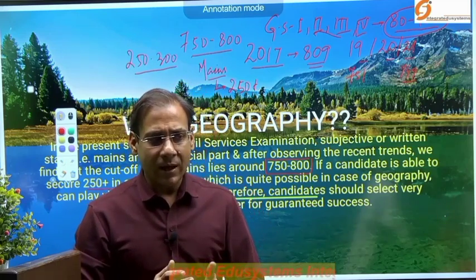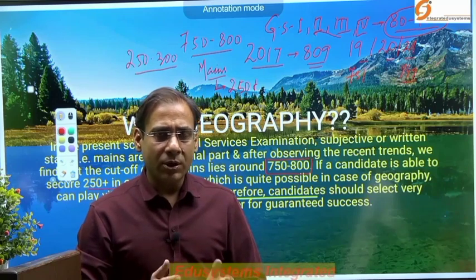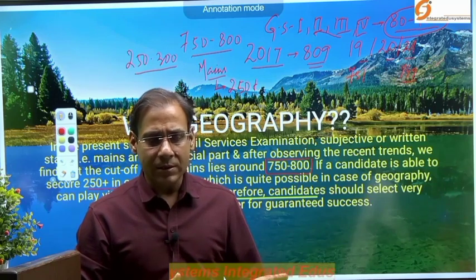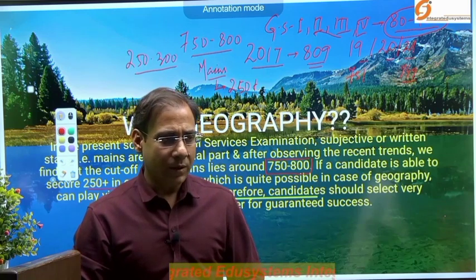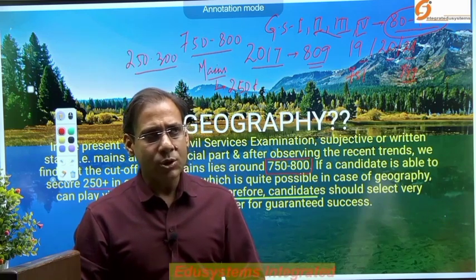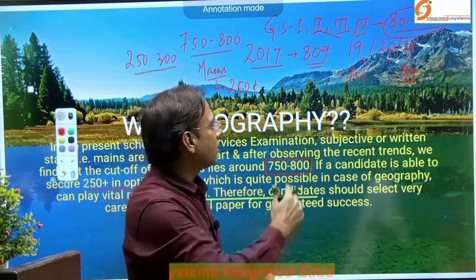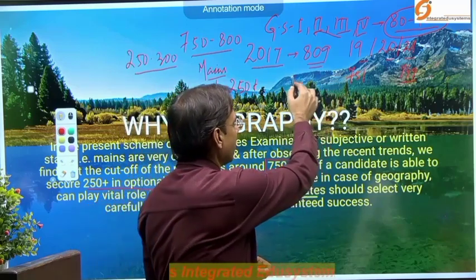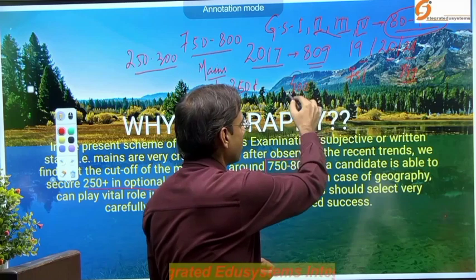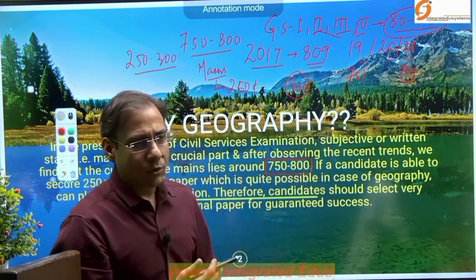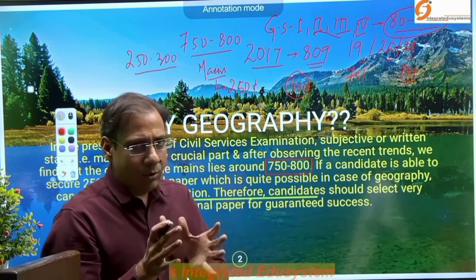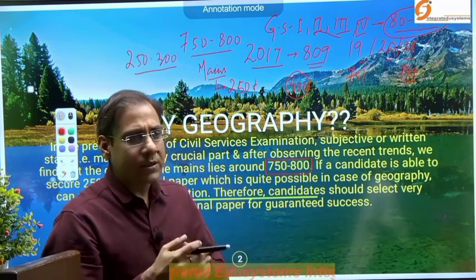But the average candidate, or the majority of candidates who write the mains, score between 80 and 100 when you look at the trend. If you manage to score 100 in each GS paper, on average, you score 400 marks. And as I have said, when you think about opting for an optional subject,